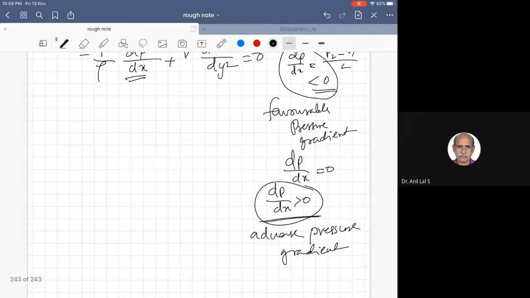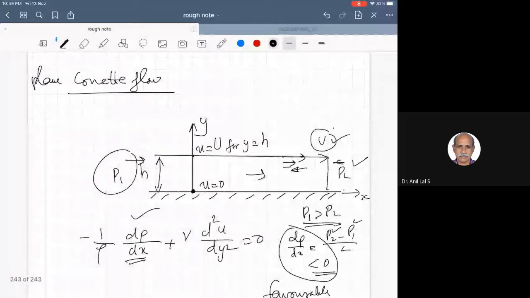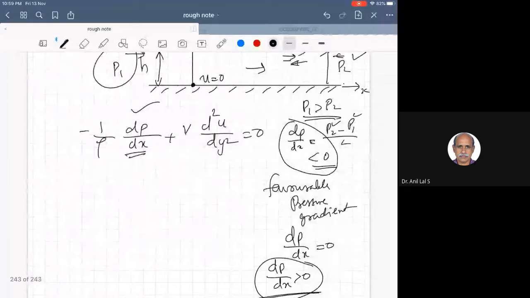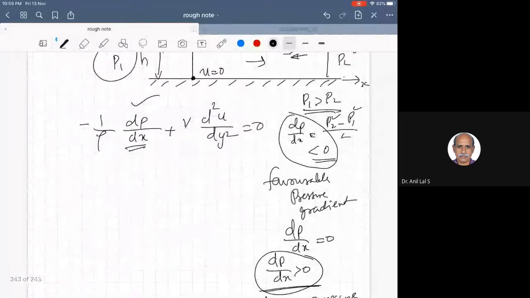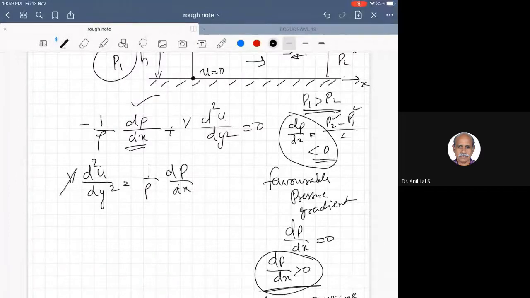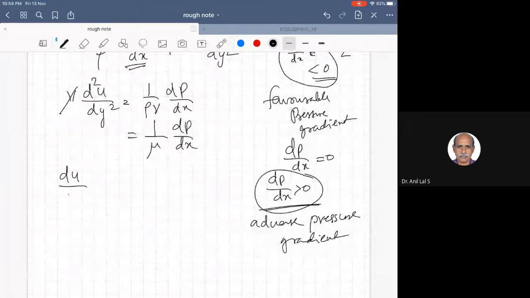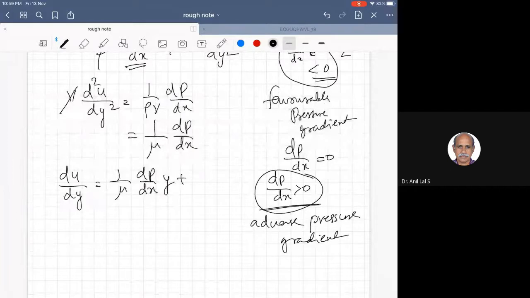So this will be forming an input, dP by dx, along with the wall motion of velocity capital U. The same kind of integration we do, and here you have d squared u by dy squared is equal to 1 by rho dp by dx, and I will take this mu to here, so that this is 1 by mu dp by dx. Integration of this is du by dy is equal to 1 by mu dp by dx y plus some constant c1,